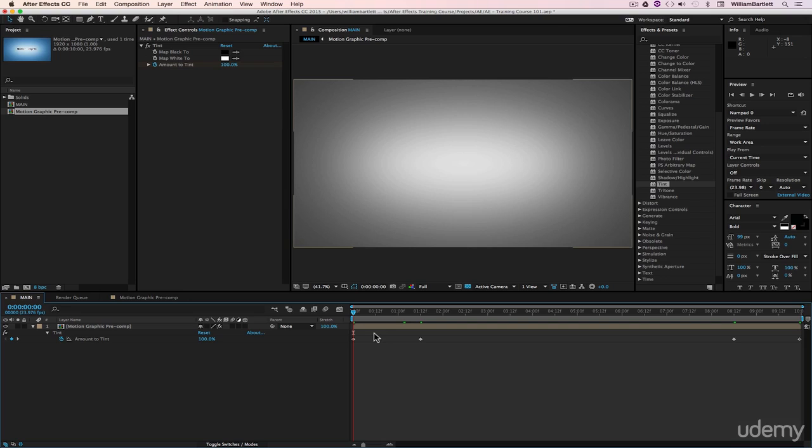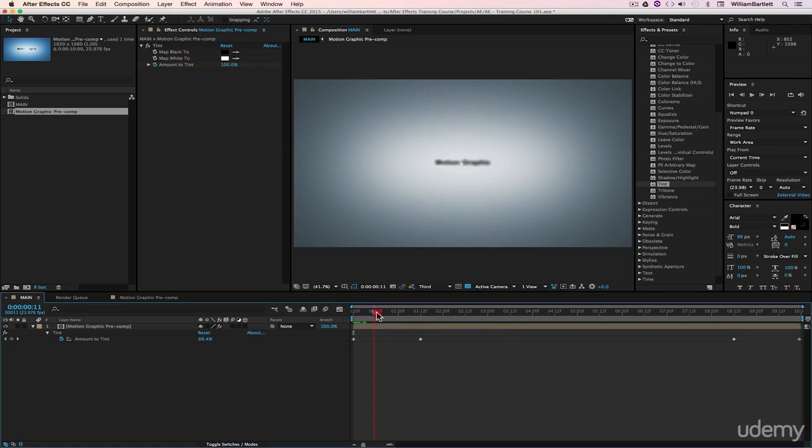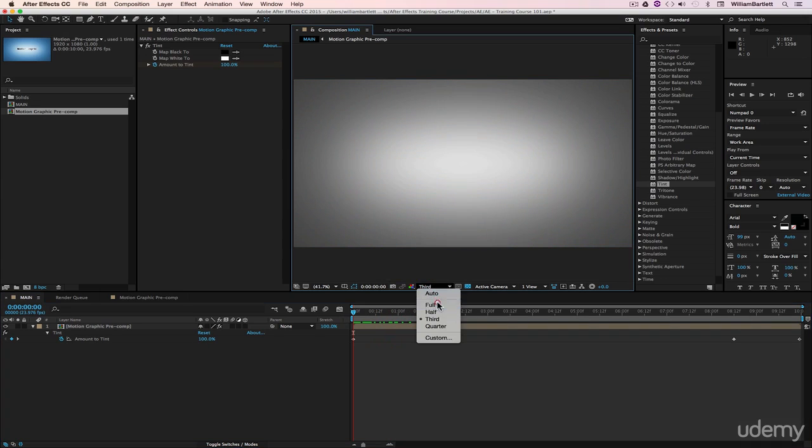Now, because there's a pre-comp and because we're adding effects on a composition that includes many layers inside that have their own effects, this can make your system a little sluggish. So in order to make it go a little quicker, we can go to our resolution here and set it to half, third, or quarter. For now, let's set it to third. And when we scrub through, we should be able to see it a little more responsive than if it was set to full,